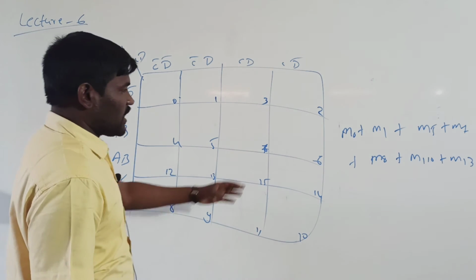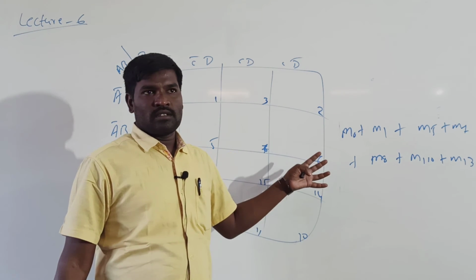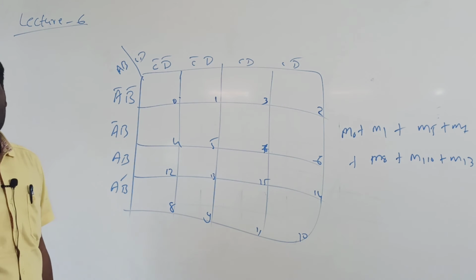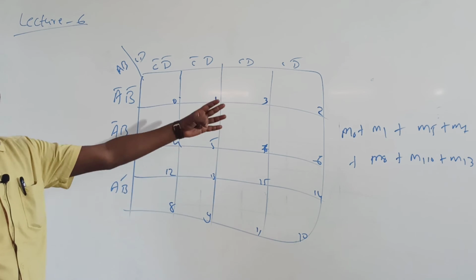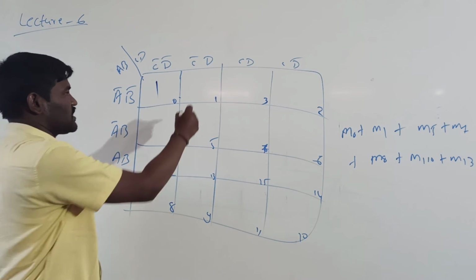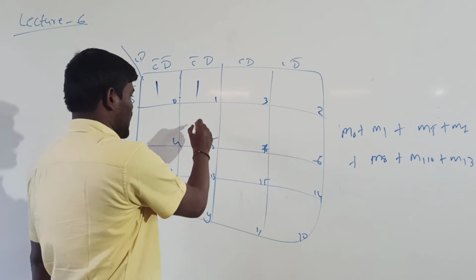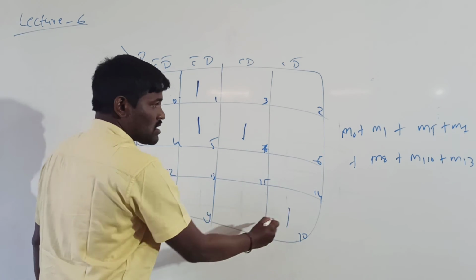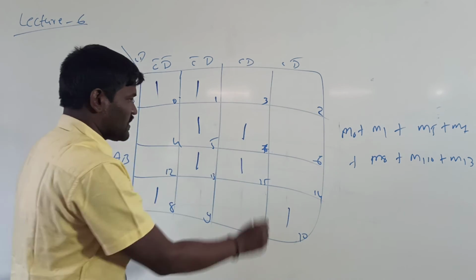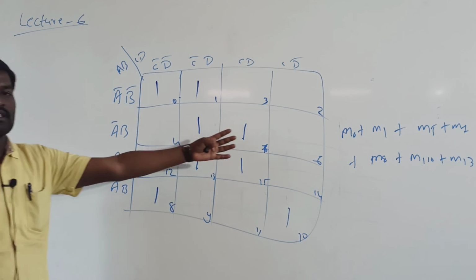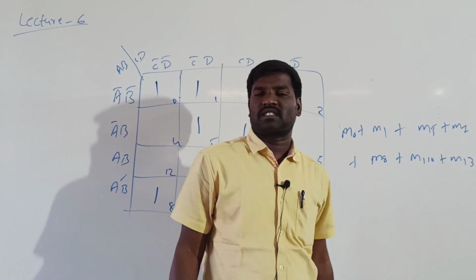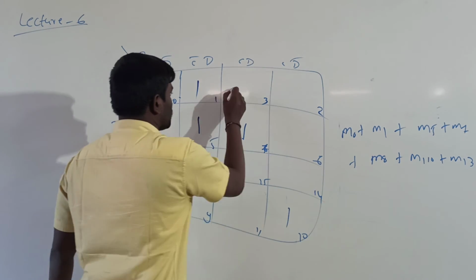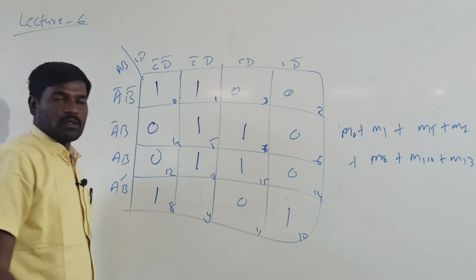So with the help of this expression, we can reduce the Boolean expression with the help of the K-map. See here, M0 is present, I just mention 1. M1 is present, I mention 1. Next M5, M7, next M8, M10, next M13 and M15. So this is the question. Whatever positions are present in the given question, you fill with 1 and the remaining boxes you fill with 0.